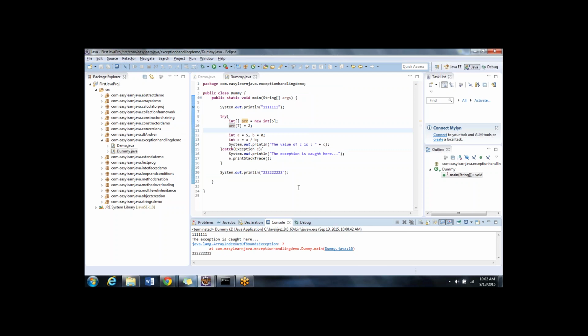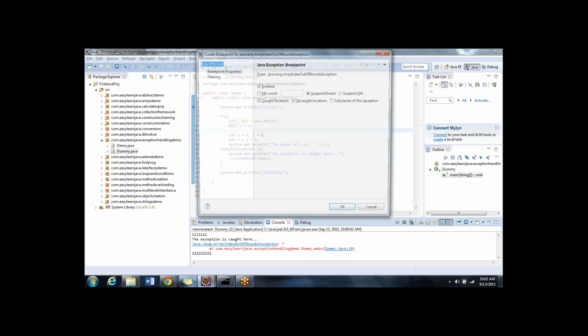The common mistakes are something like dividing by 0, or using an array index out of boundary. There are different sets of exceptions that Java has already identified and has given to you, which means if I go to this ArrayIndexOutOfBounds,